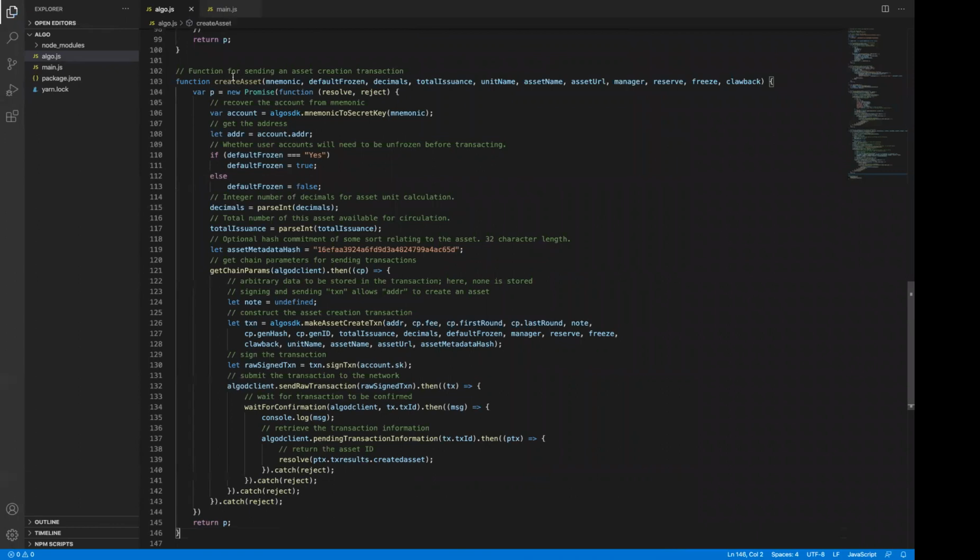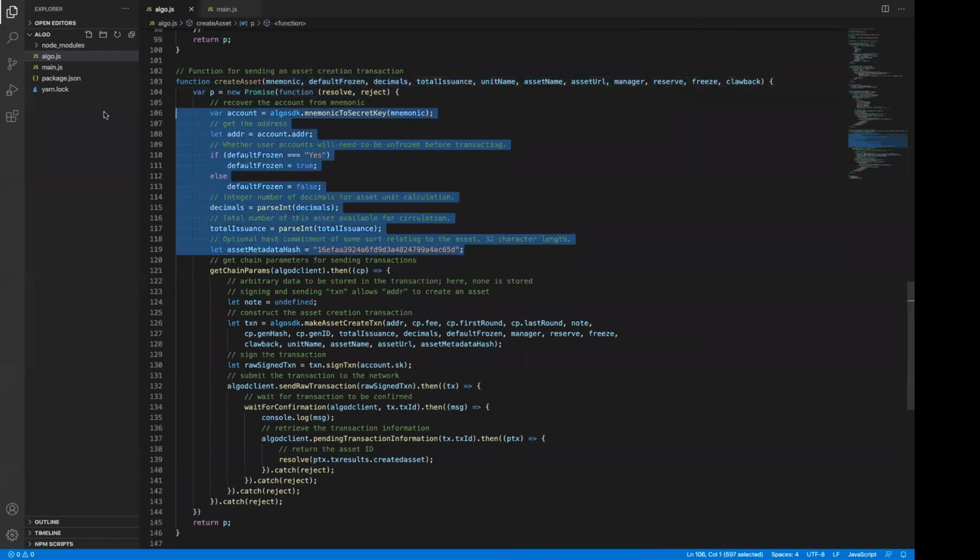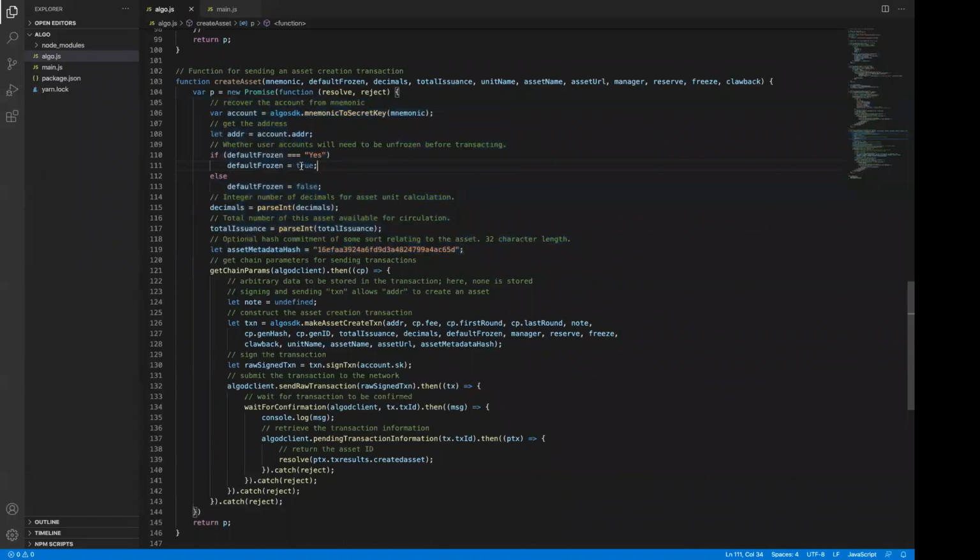So this is the function that you can use to create an asset. You can see it has all of these input parameters. And this part is the part that you can use to configure all of these parameters. You can recover the account from the mnemonic. You can get the address from it. You can choose if the assets want to be frozen or not. So to set this parameter to true, you can